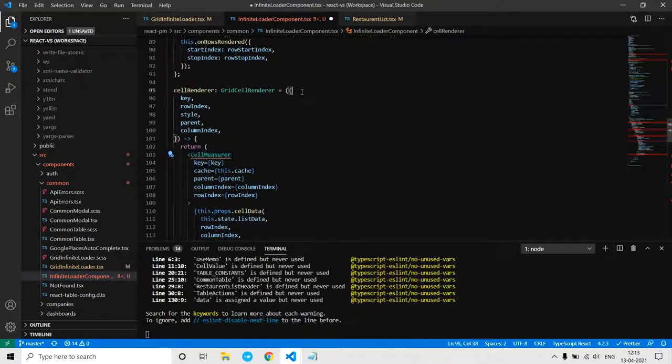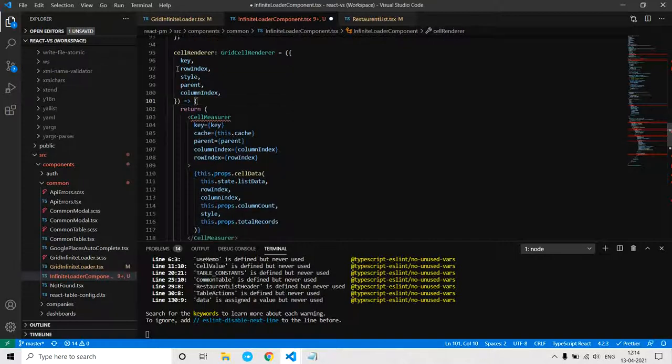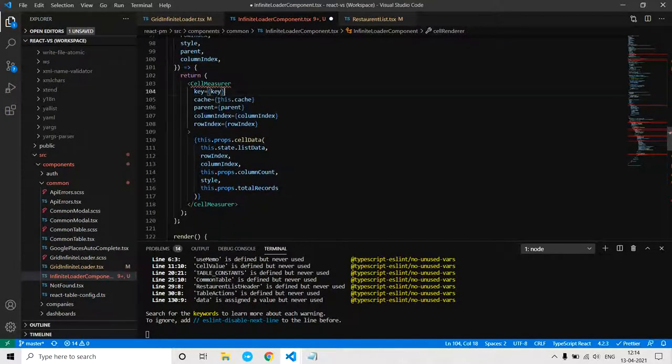So again, these are pretty internal things that are used by React Virtualized to render the infinite scroll component efficiently. And this cell renderer basically takes these values, a row index, the column index and the key, and we are just passing those to CellMeasurer here.